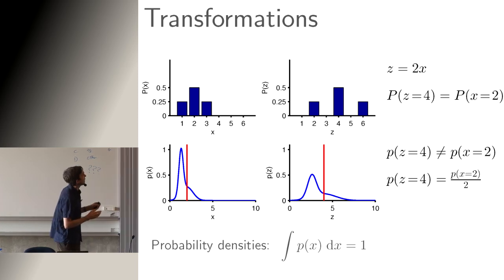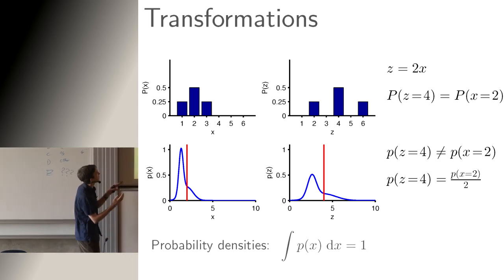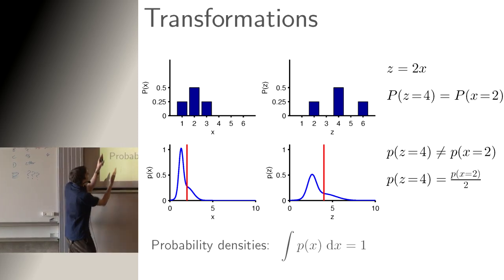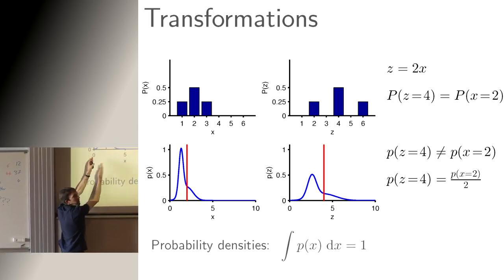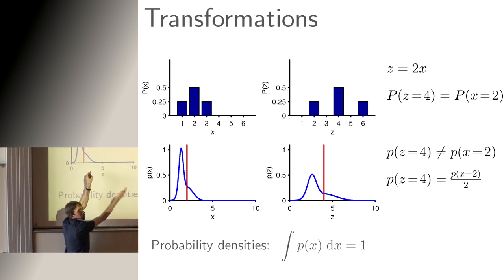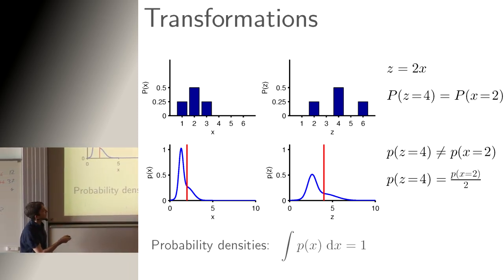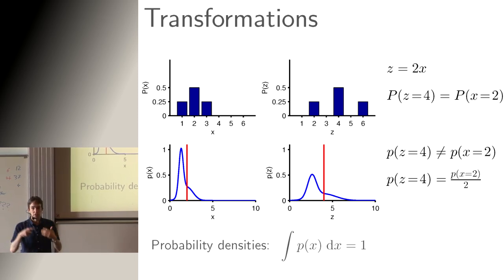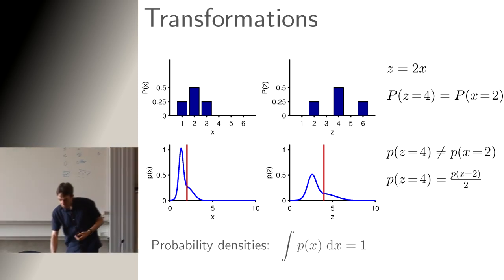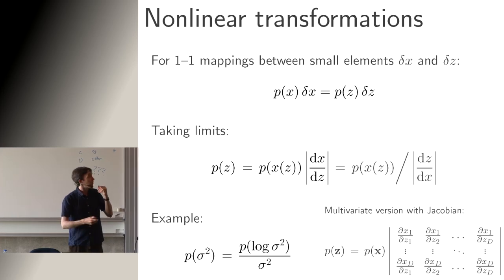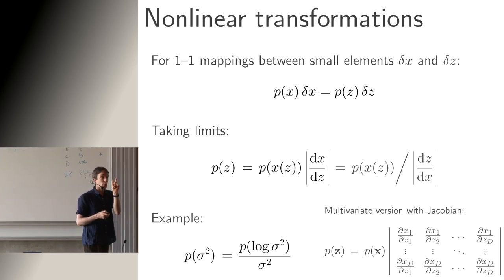What you have to worry about a bit is if you non-linearly stretch things. So if I have a transformation which scrunches up some bit of the x-axis but stretches out a different bit of the x-axis, then that could have a dramatic effect on the densities. It could totally change their shape. So the maths for dealing with that is, just as was said in the question, you consider what happens to